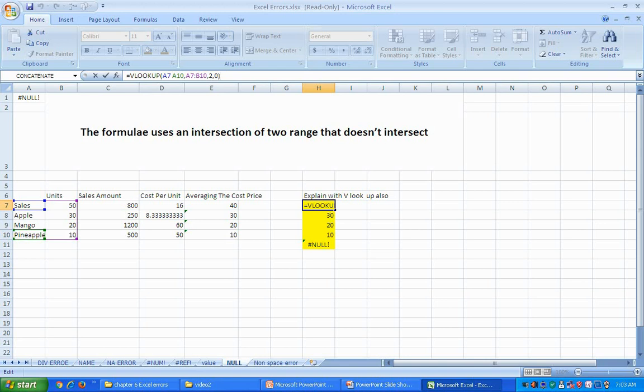See, that is A7 to A10. When we define a range, we need a colon. This error can be nullified just by typing a colon in it